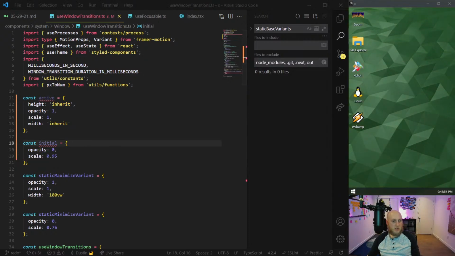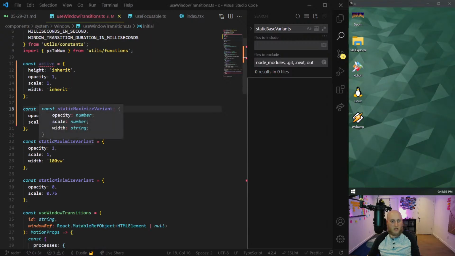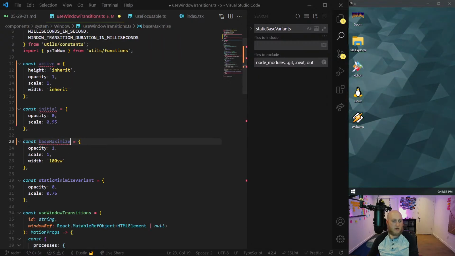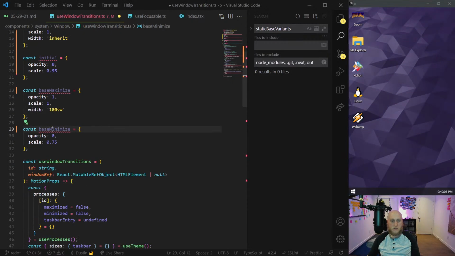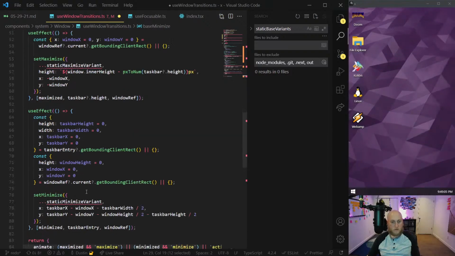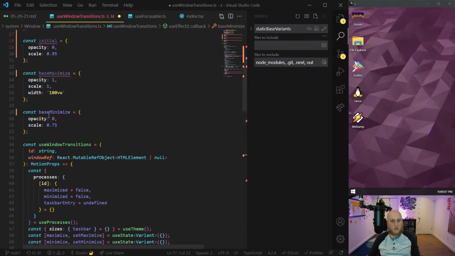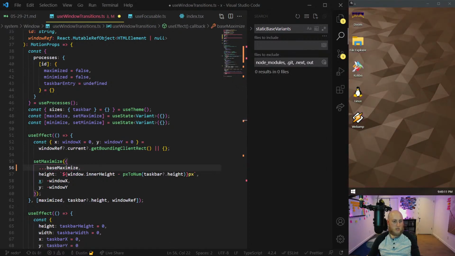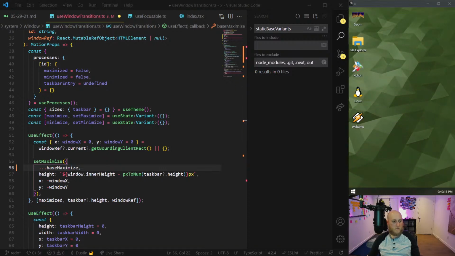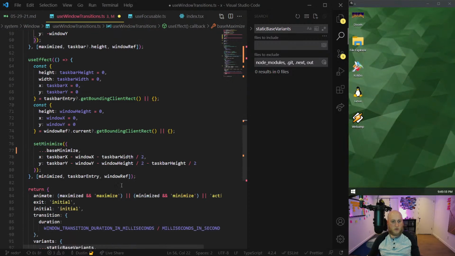And I've also changed the long-winded static maximize variant to just be called base maximize and base minimize. And then we'll update where those are being used. There's base minimize here, base maximize there. And I changed, man, I made a lot of little minor tweaks. Crazy amount. So that allowed me to make variance a little smaller, actually.